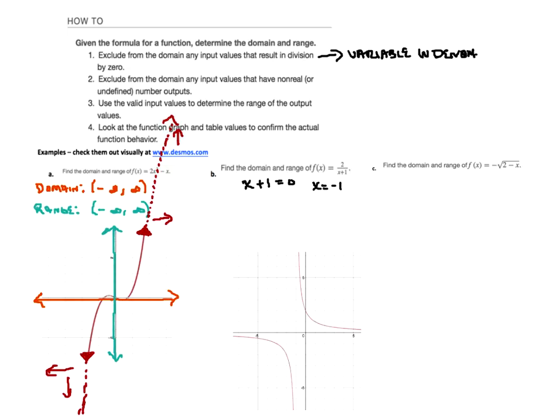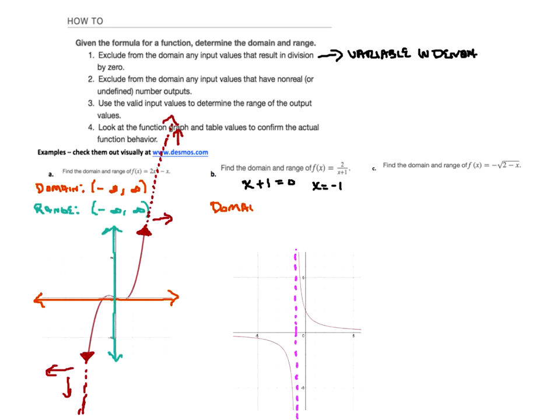And now, if you look down at our picture, right at negative 1, I'm just going to put a dotted line, you can see this is actually called an asymptote. You can see that my function approaches that value of -1, but it never actually gets there. That's because the function does not exist at -1. So I have to exclude that from my domain.